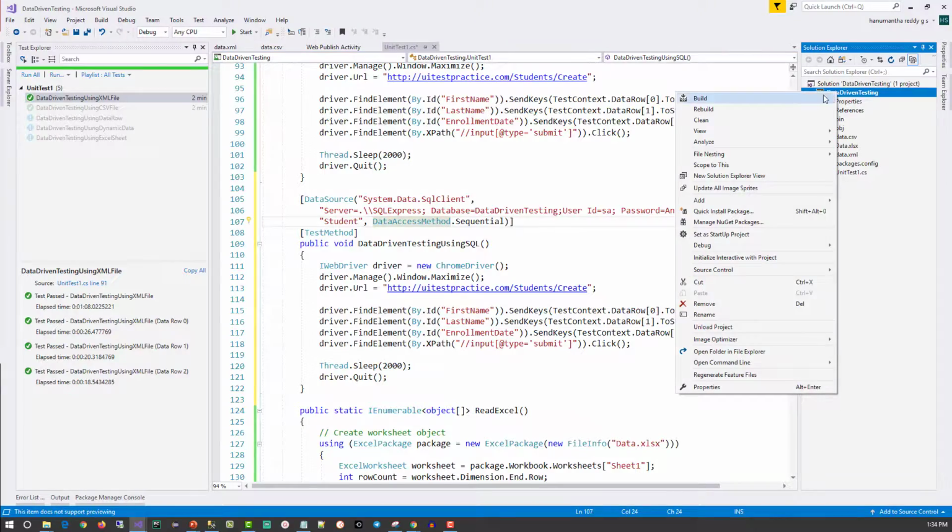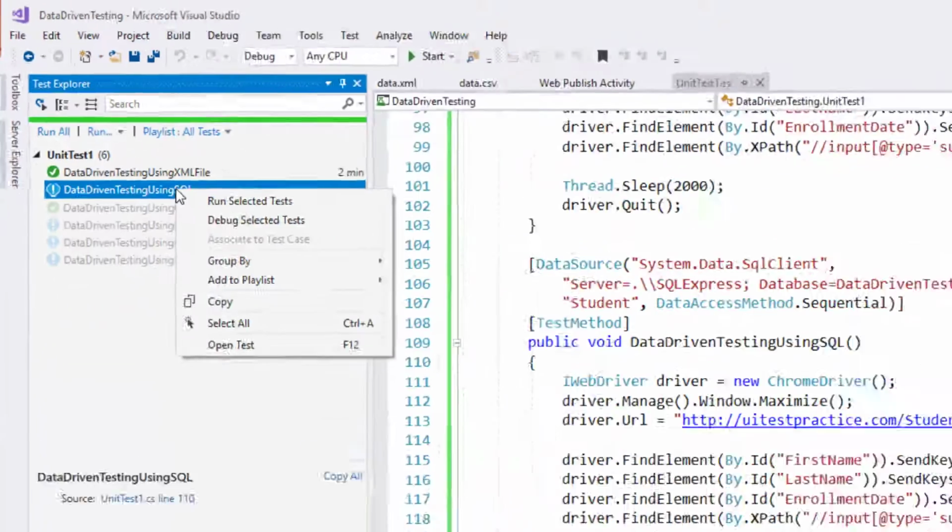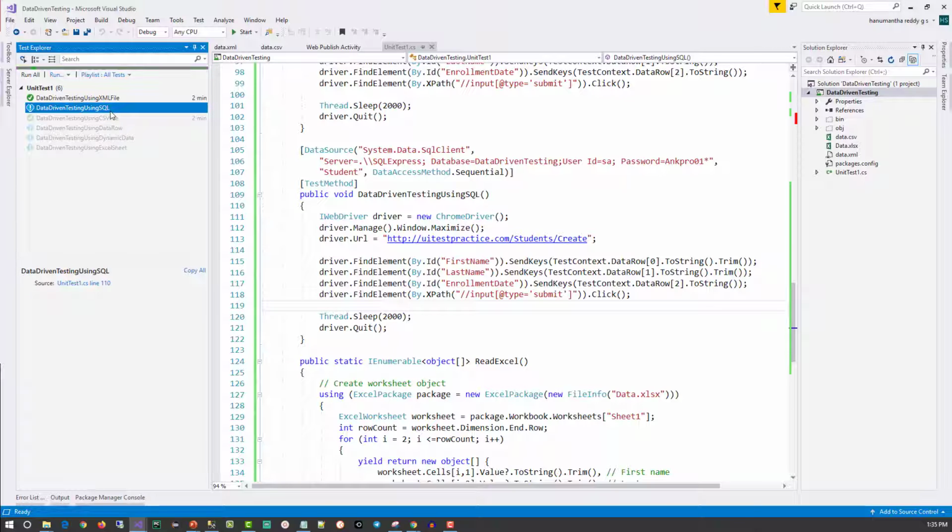Let me build this project. After building the project, I have got the method in the test explorer, data driven testing using SQL. Let me run the test method now. Browser launched for the first time, for the first record.